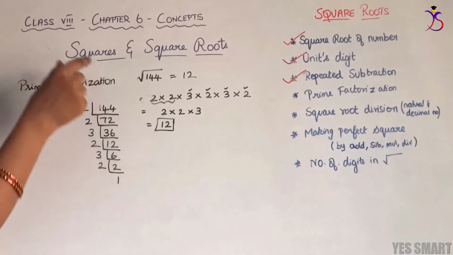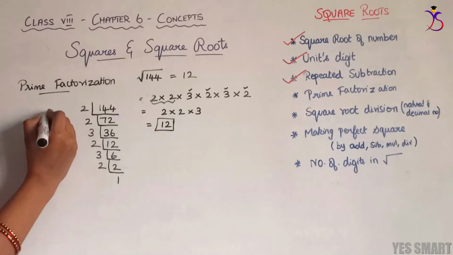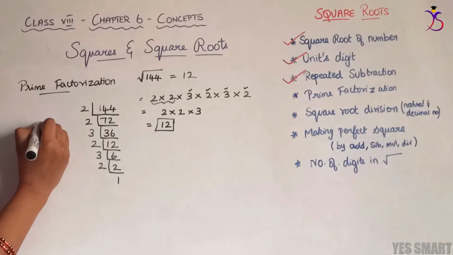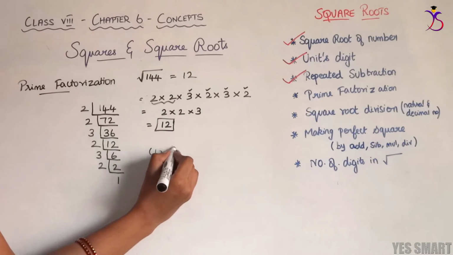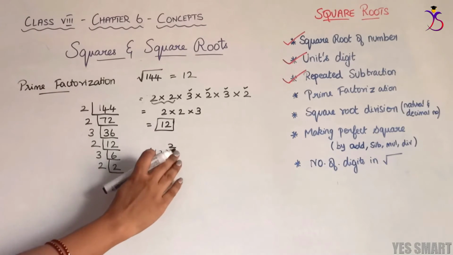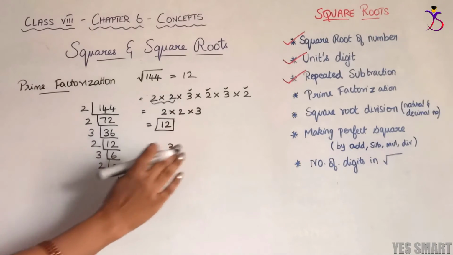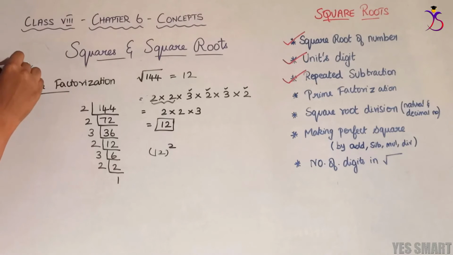Here, it is 12 square. Since it is a square, it is represented with the power 2. That's why here also we are substituting one value, one number for every pair. For every two numbers, we have to substitute one number. Then only we can find the square root answer. This method is very, very, very important, and it is used in many places.